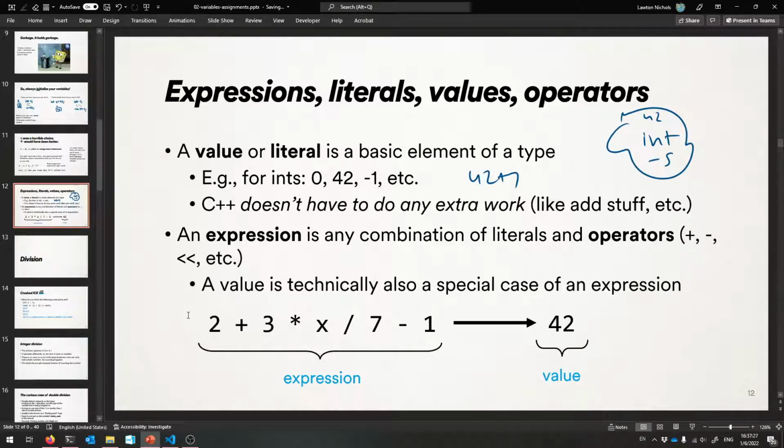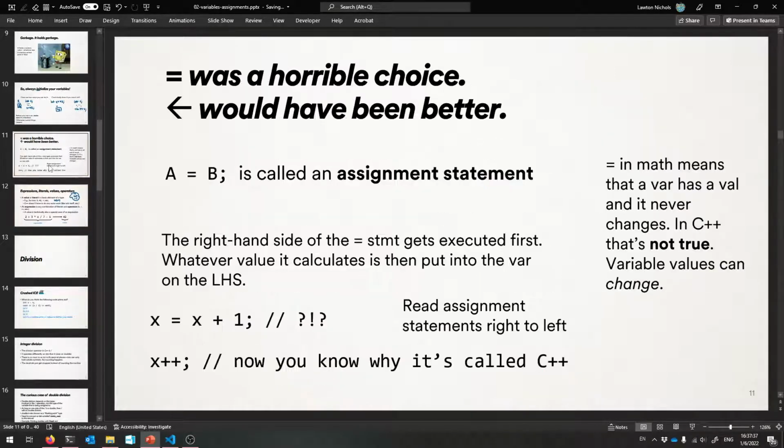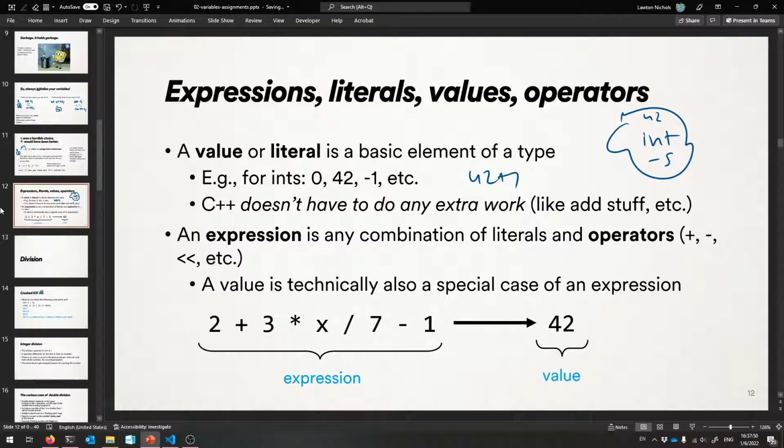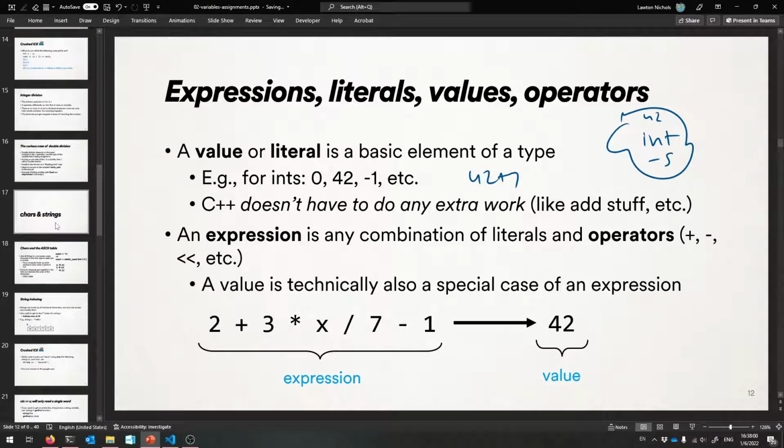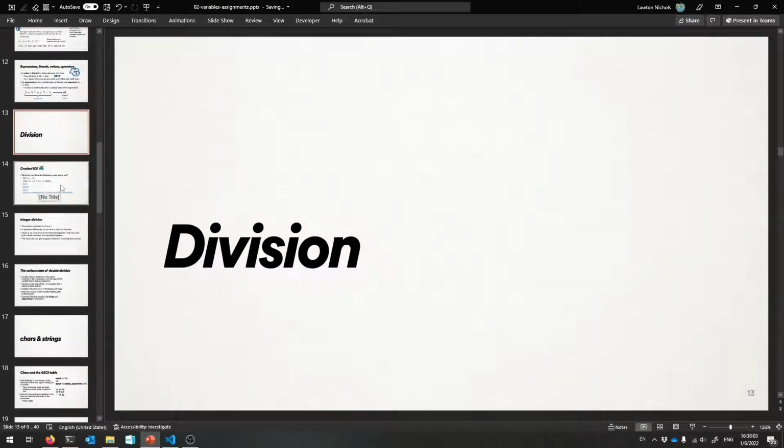Yeah, that's what I wanted to say. So you can do fancy work, and eventually C++, before it prints it or puts a value into a variable, gets it down to a value before it sets it. And that's what you can use these assignment statements for. It's putting B into A. So you end up with a variable that looks like this, in a sense. That's the idea. Let me just check my notes and confirm. Yeah, I think so. So let's move on to division, because there's more than meets the eye as far as